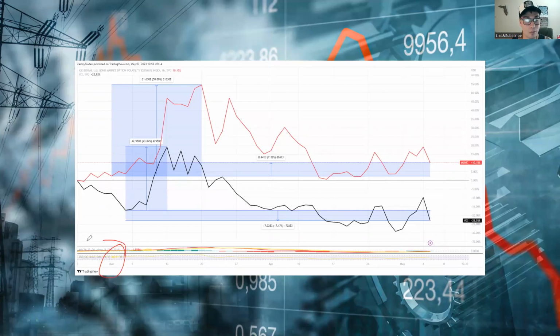This is the beginning of March right here. If we take a look, the stock market volatility rose about 43% around the time of the banking crisis, and the bond market volatility, again more volatile, rose about 50%. Now, we've seen a steady decline in those afterwards. But even since those time periods, bond market volatility is still up 7% to where it's at right now. Meanwhile, stock market volatility is down 7%. So we've seen a decrease in stock market volatility, but an increase in bond market volatility since the beginning of March.